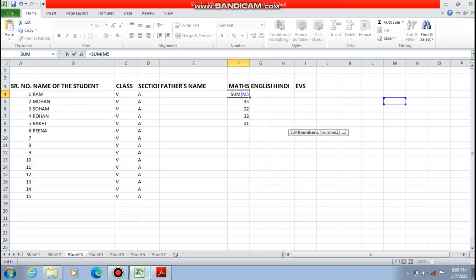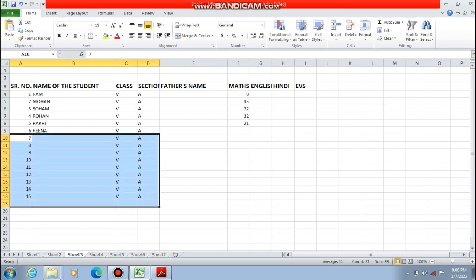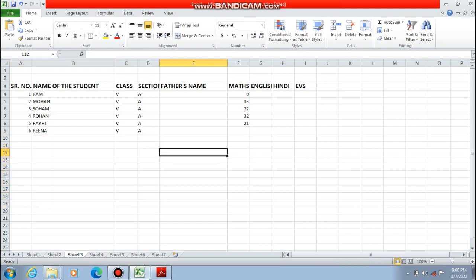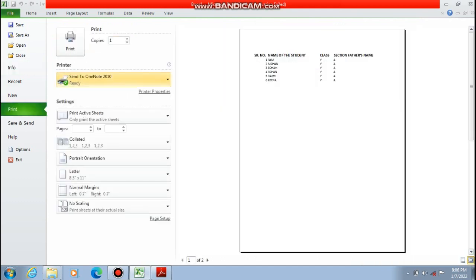So suppose this is a worksheet that I have prepared. मैंने एक worksheet prepare की है जो आपके सामने है. I just want to take the printout of this as well. मैं इन सबका printout लेना चाहती हूँ. I just want to save a hard copy of this data, whatever is being shared. So I can even take the hard copy as well. तो मैं इसका printout निकाल के from this file. Okay, go to file. Go to print. For that I need to connect a printer with it, and I can easily get the printout of the content whatever is written over here.